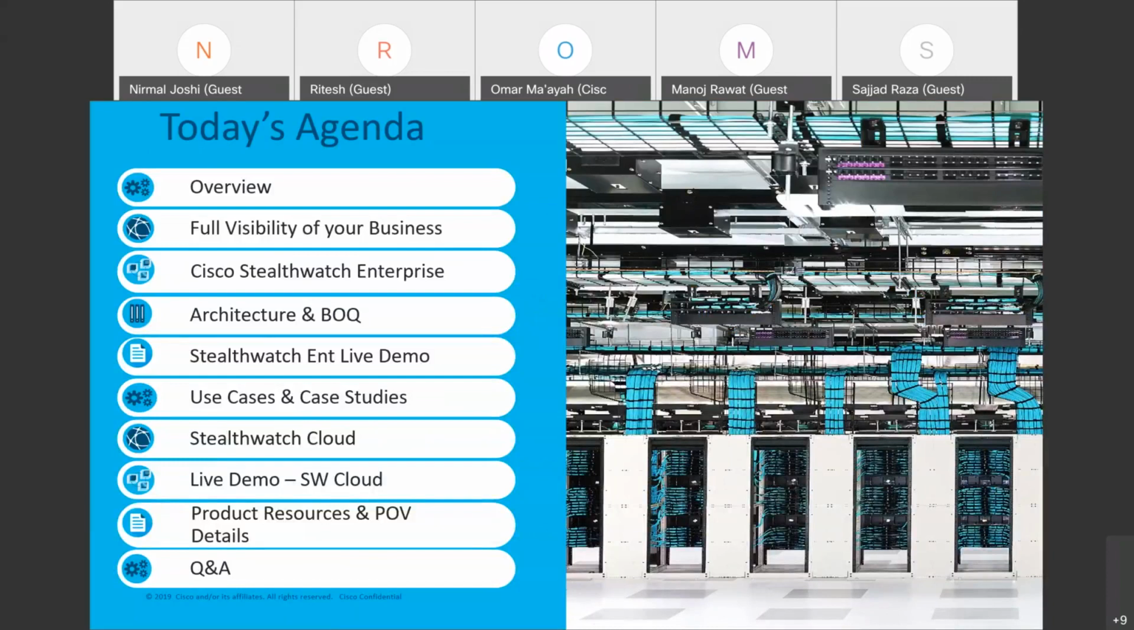One is Cisco Stealthwatch Enterprise, and we will see the architecture of this particular product. What are the different components? Bill of material, how do you size, estimates, and how do you create BOQ? And then a quick, maybe 10, 15 minutes demo